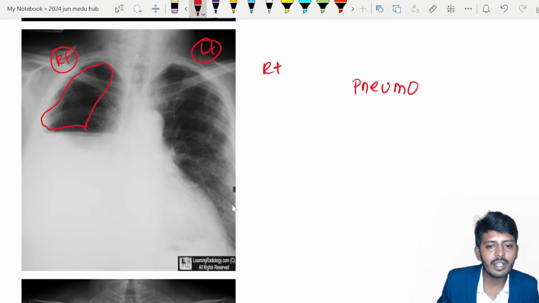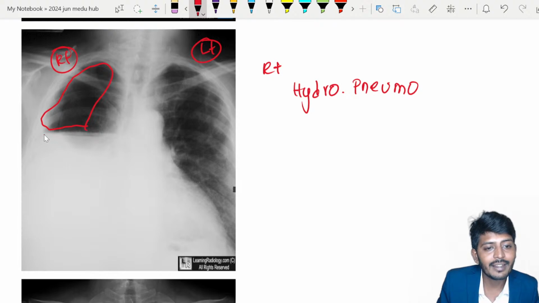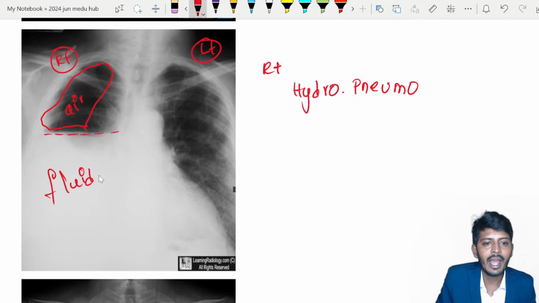But also if you notice, CP angle on the right side is totally blunt. Yes. So that is suggesting me that hydro. So if I want to confirm, hydro and pneumo both are there. Hydropneumothorax is there. So there is a clear cut differentiator line between the air and the fluid, right sided